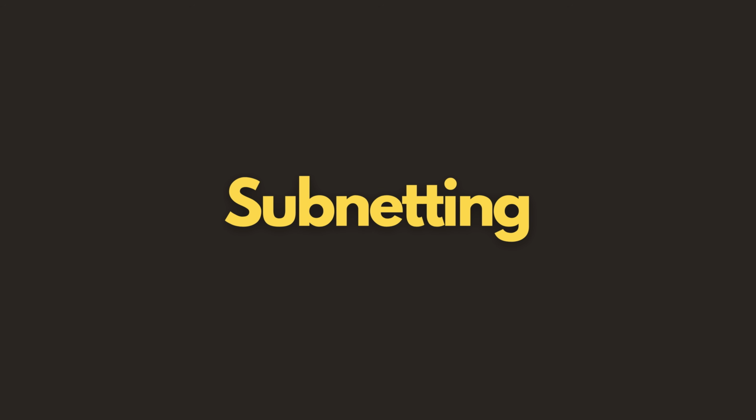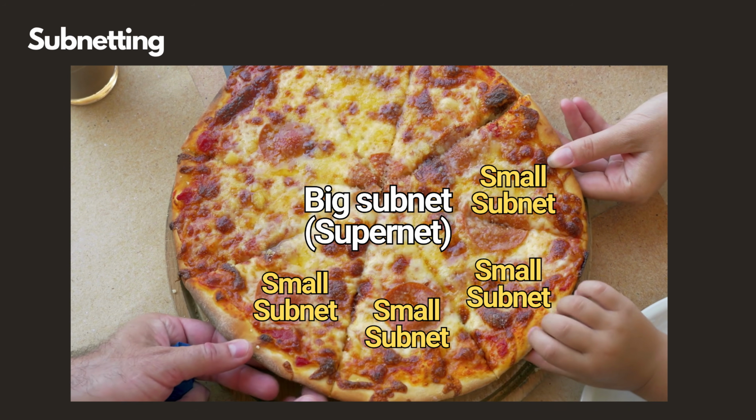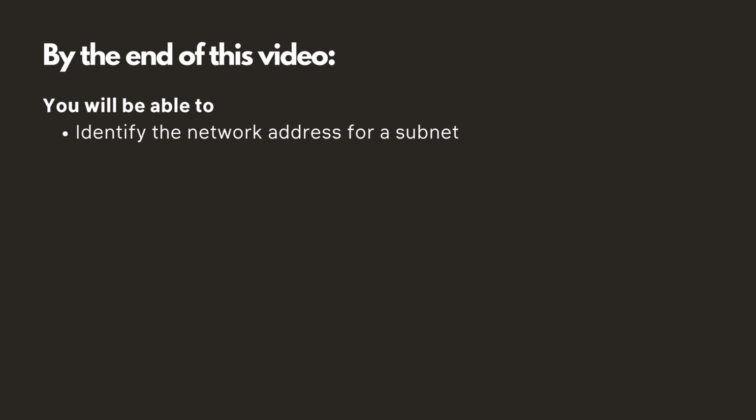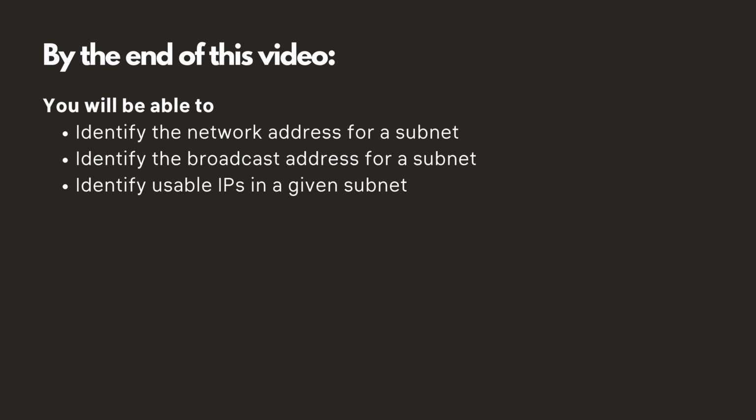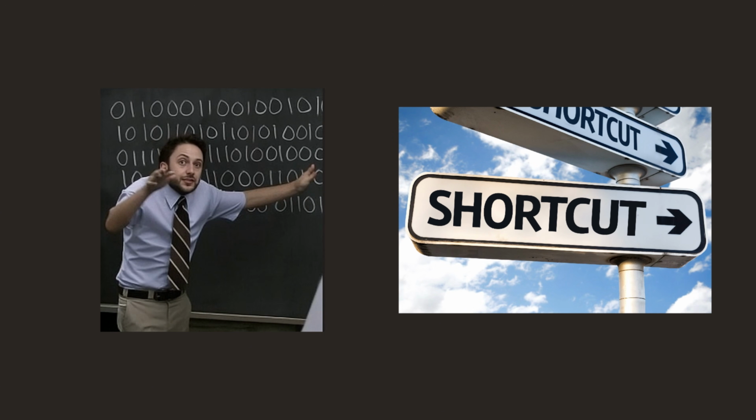So in this video, we will cover subnetting, which you can then use to divide your big subnet into smaller subnets. By the end of this video, you will be able to identify the network address for a subnet, identify the broadcast address for a subnet, identify usable IPs in a given subnet. And that's not all. We'll do this in long and shortcut method, so stay tuned till the end of this video. Let's start with this network,